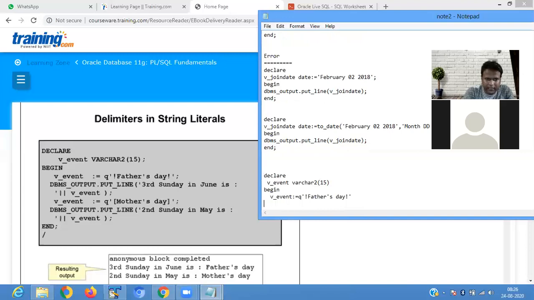Then it is printing: dbms_output.put_line.